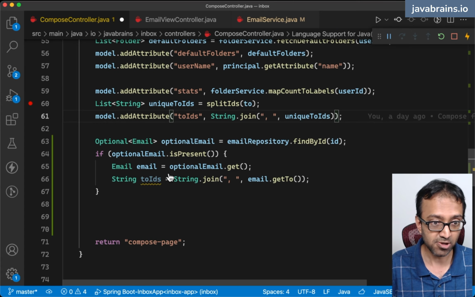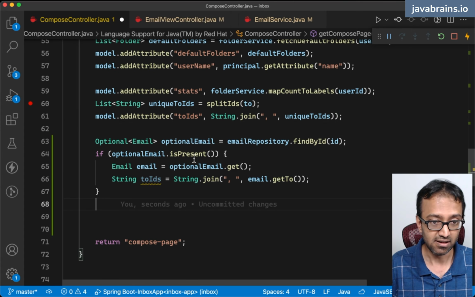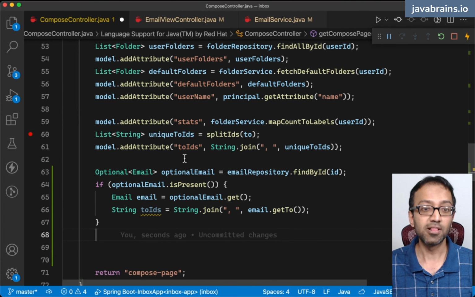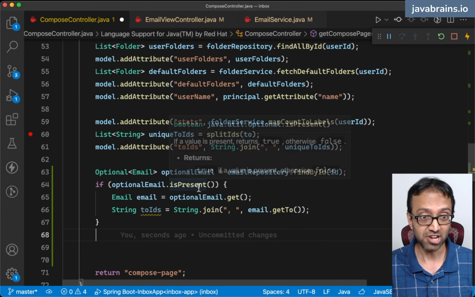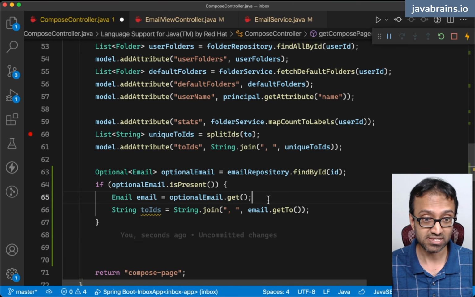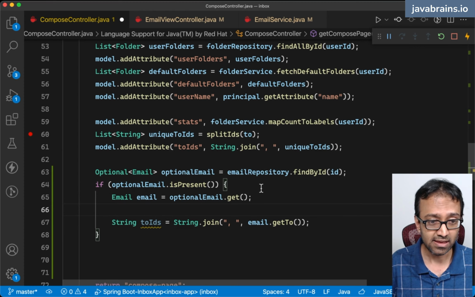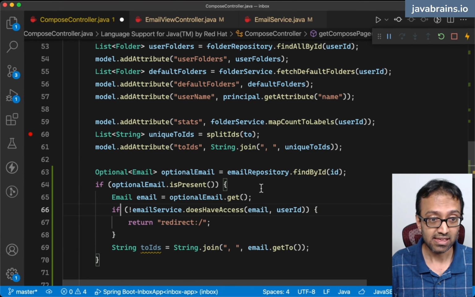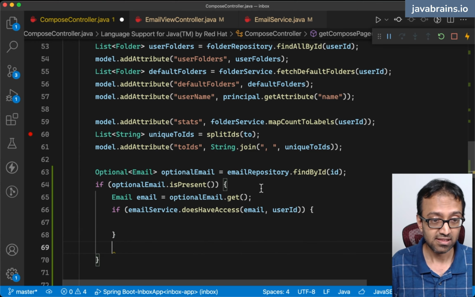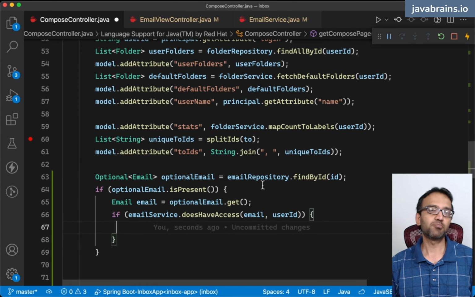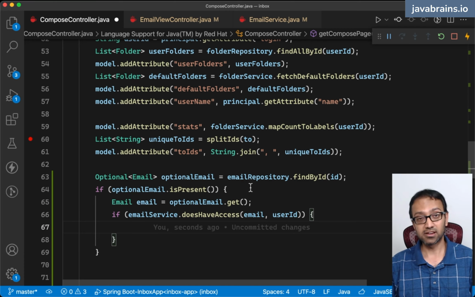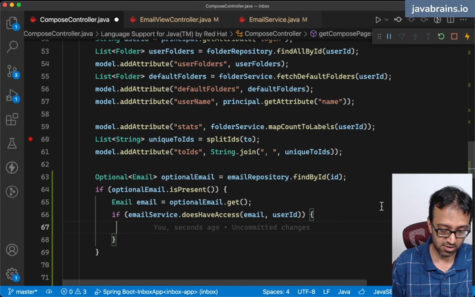Okay, but in my compose controller, what I'm going to do is I'm trying to reply to an email, which is why I get the ID. I'm checking if that email is present. If the email is present, I'm going to get the email, and then I'm going to check if that email is accessible by this user, right? So if the email does have access, then I need to set a couple of properties that populate the form. I need to set a model attribute for the subject, and I need to set a model attribute for the body. Okay, so I'm going to do model dot